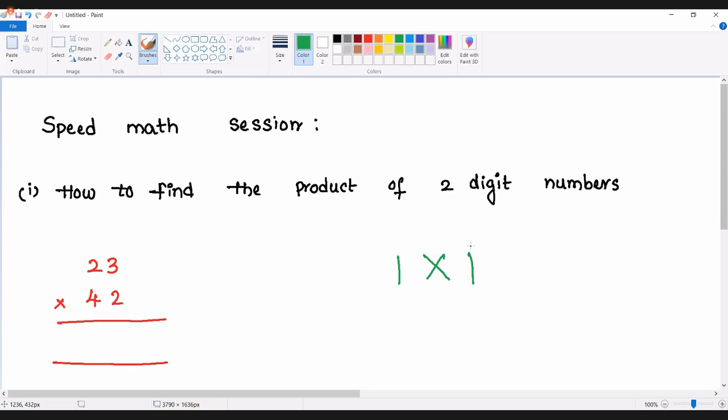So in the IXI method, I indicates the product of unit digits. That means here 23 into 42 is there. So I'm using the first step I. I is nothing but the product of these two. 3 into 2 gives a result equal to 6. Then go with the cross X. X is nothing but the product of unit and tens digit and unit and tens digit, summation. That means 2 into 2 gives 4. 3 into 4 gives 12. 12 plus 4 gives 16. So that is the value of X.